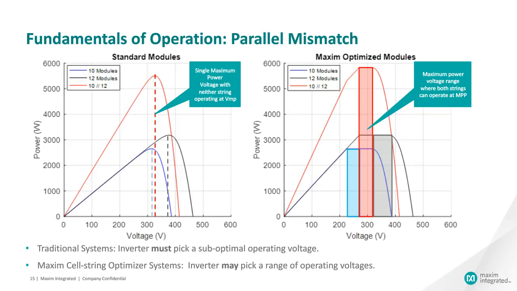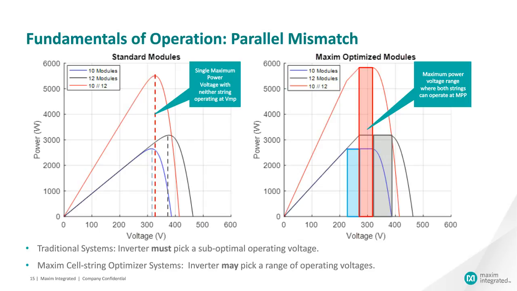The shorter string is the blue line. The longer string of 12 modules is on the black line. And the combined system operating point is the red curve. So what you see is three distinct voltages, and neither the longer nor the shorter string can contribute maximum power